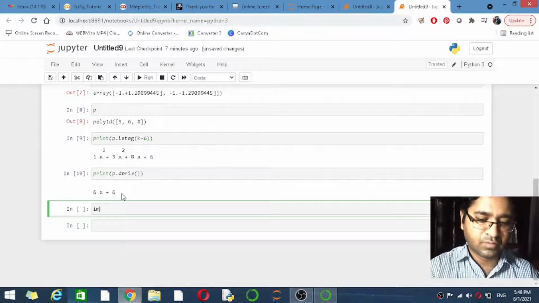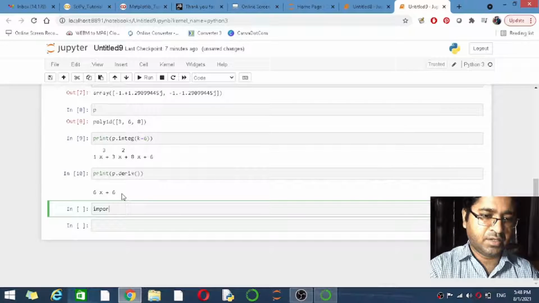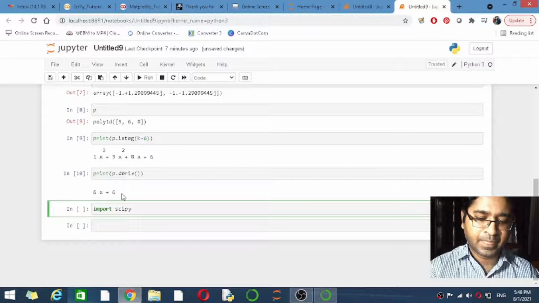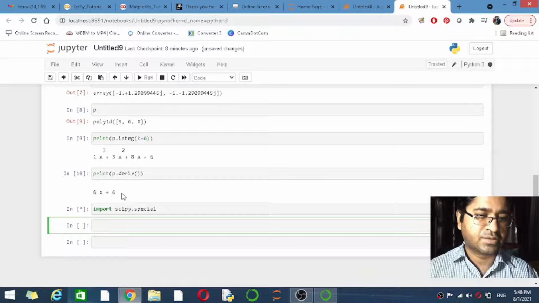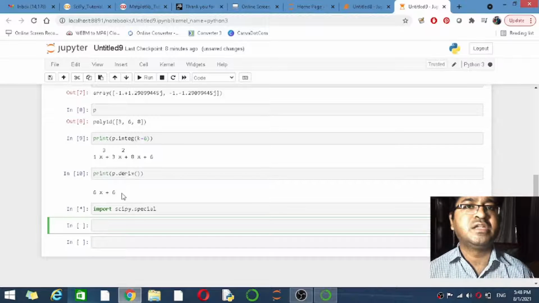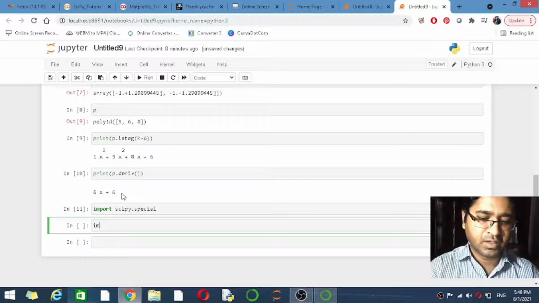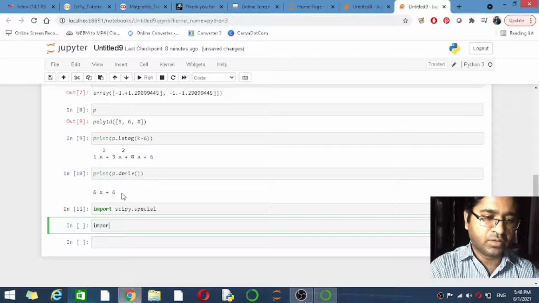Okay, let's move to another section. Import scipy dot spatial. Run this code. In order to import all the libraries, parameters and functions inside the library, it is going to import.